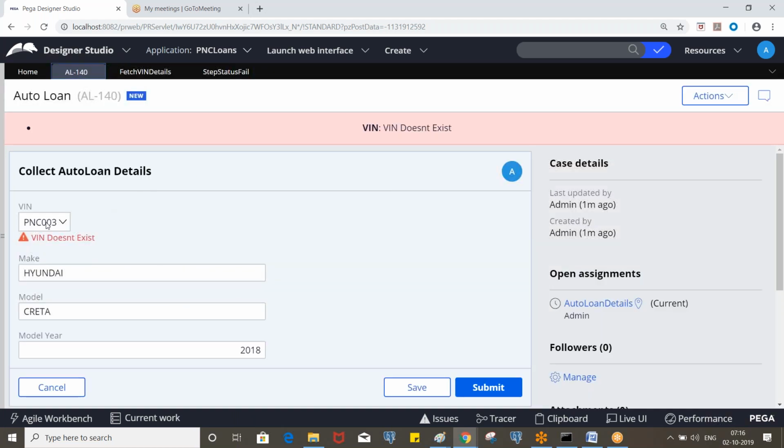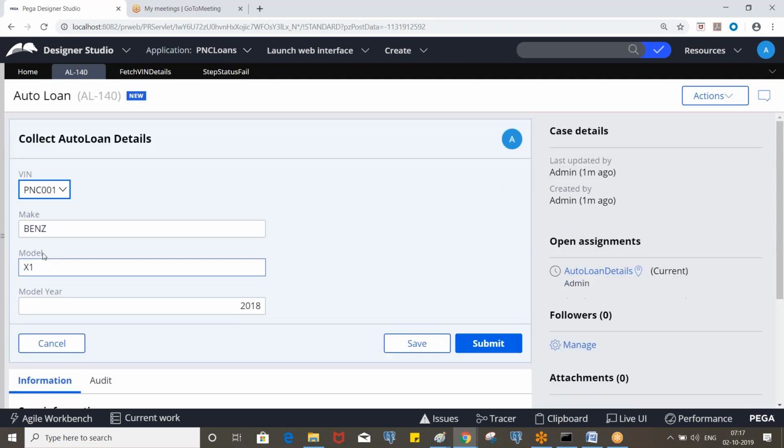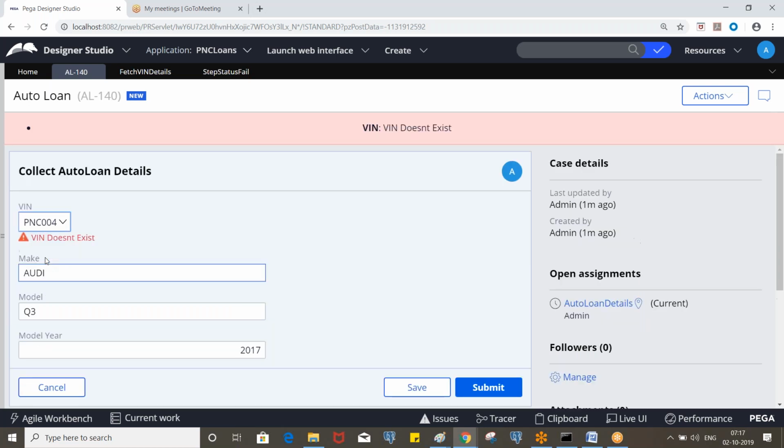Now if we select PNC 001, it is expected, right? Now if we select PNC 004, it is displaying the message, but the previous data should be removed.